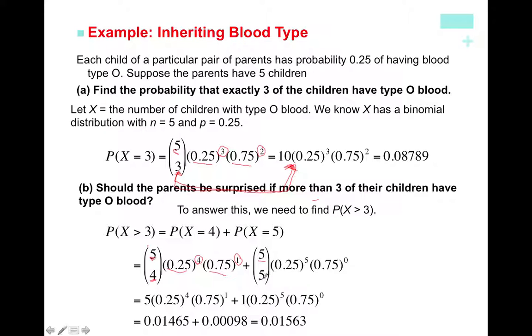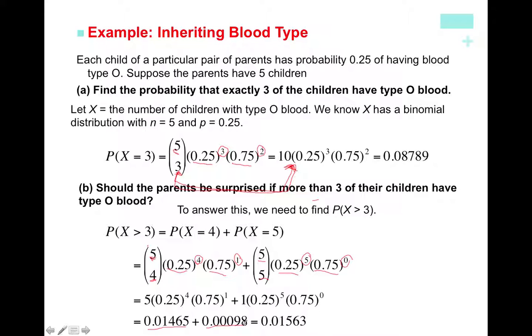So 5 choose 5. All 5 having a success would mean that we'd have 0 failing. Okay, so the probability that exactly 4 would be a success would be 0.014, plus the probability that all 5 would have type O blood, or all 5 would be a success,